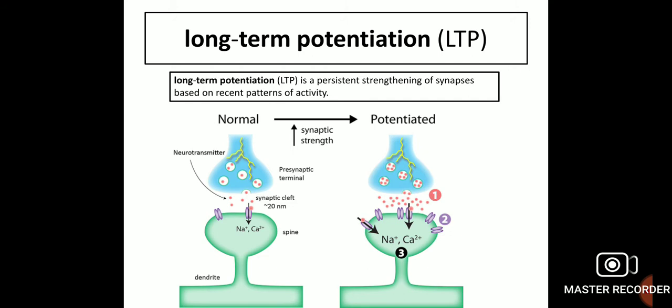So what is long term potentiation? This is in connection with memory formation, receptors and neurotransmitters. Long term potentiation is a term which means persistent strengthening of synapses based on recent patterns of activity. So if neurotransmitters are there, then more receptors will be there, and this is how that activation takes place, and the membrane receptors will be potentiated for a long time, and this is how you can memorize things for the long term.